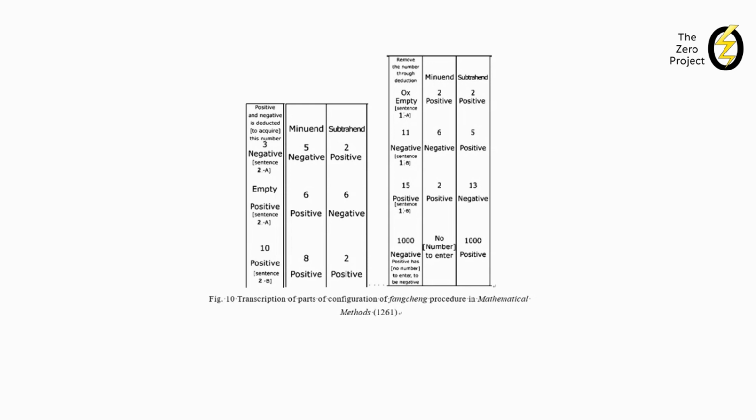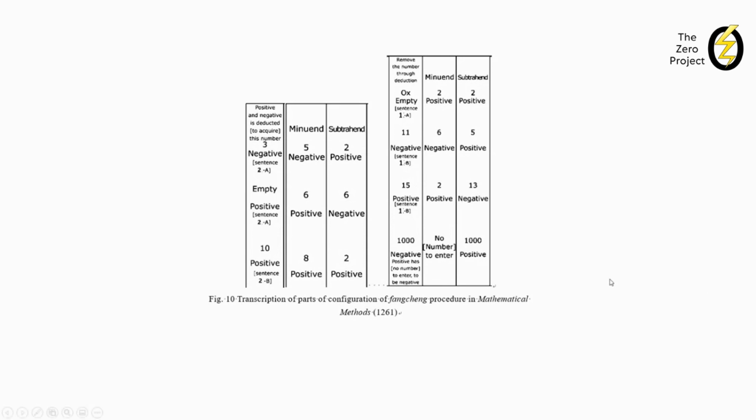However, for the ancient practitioners of function, this is not a number in this position. That's a character, literal meaning is empty, taken in that place. The sign positive and negative could never be marked on a place without any number. Therefore, sentence 1A, 1B, or 2A, 2B cannot deal with such cases.